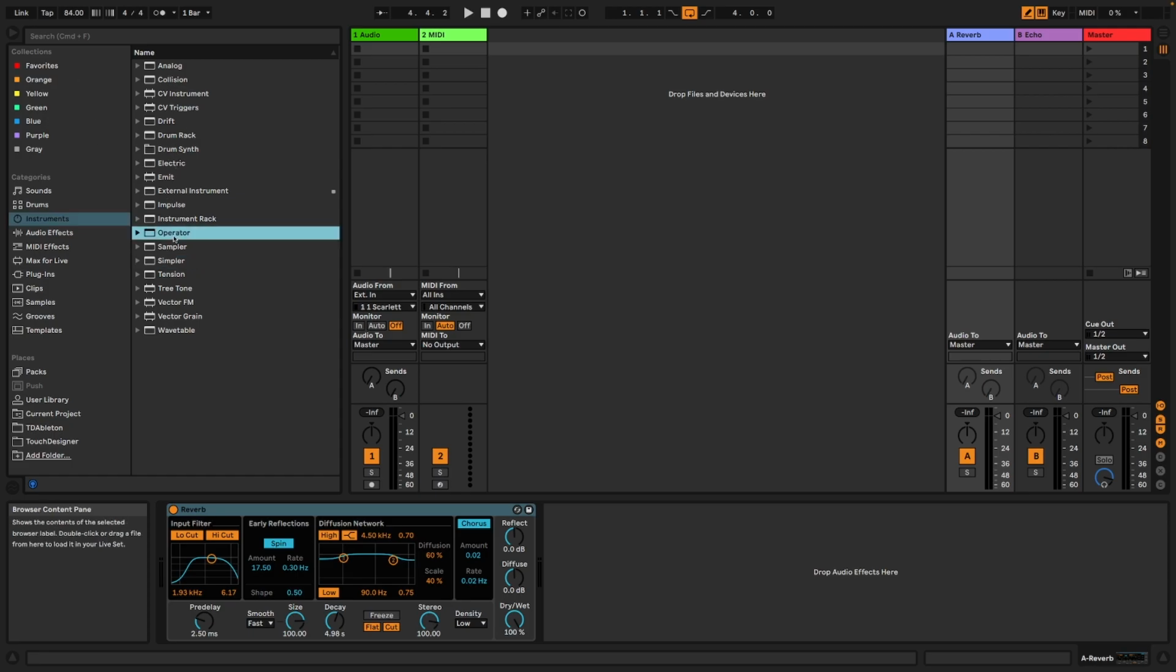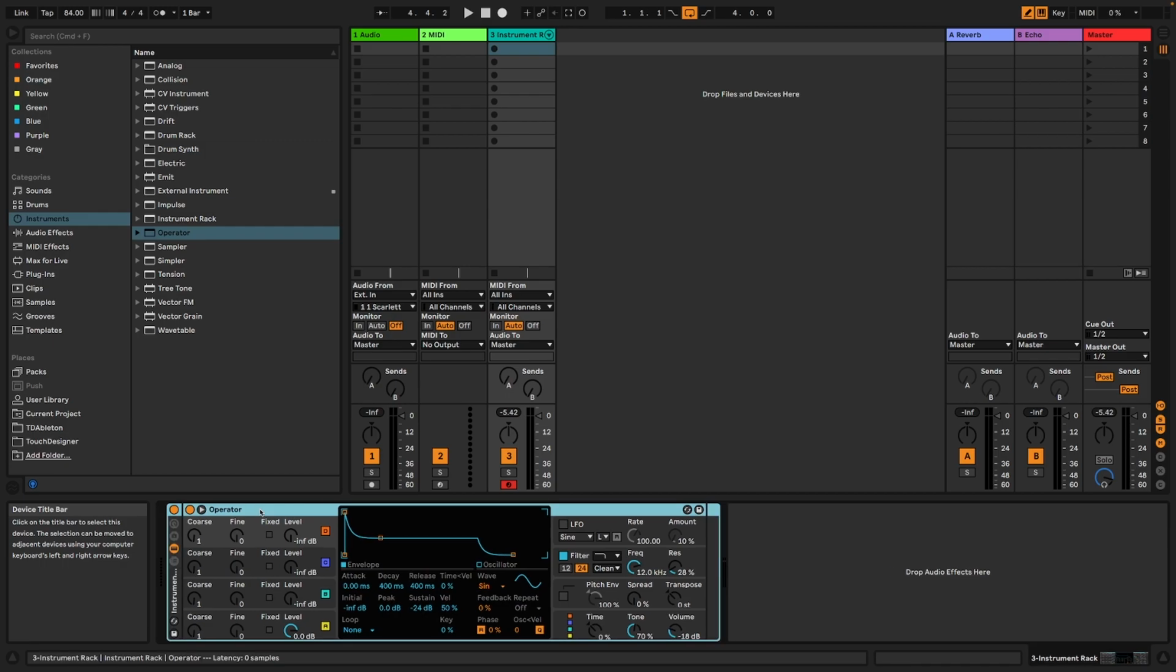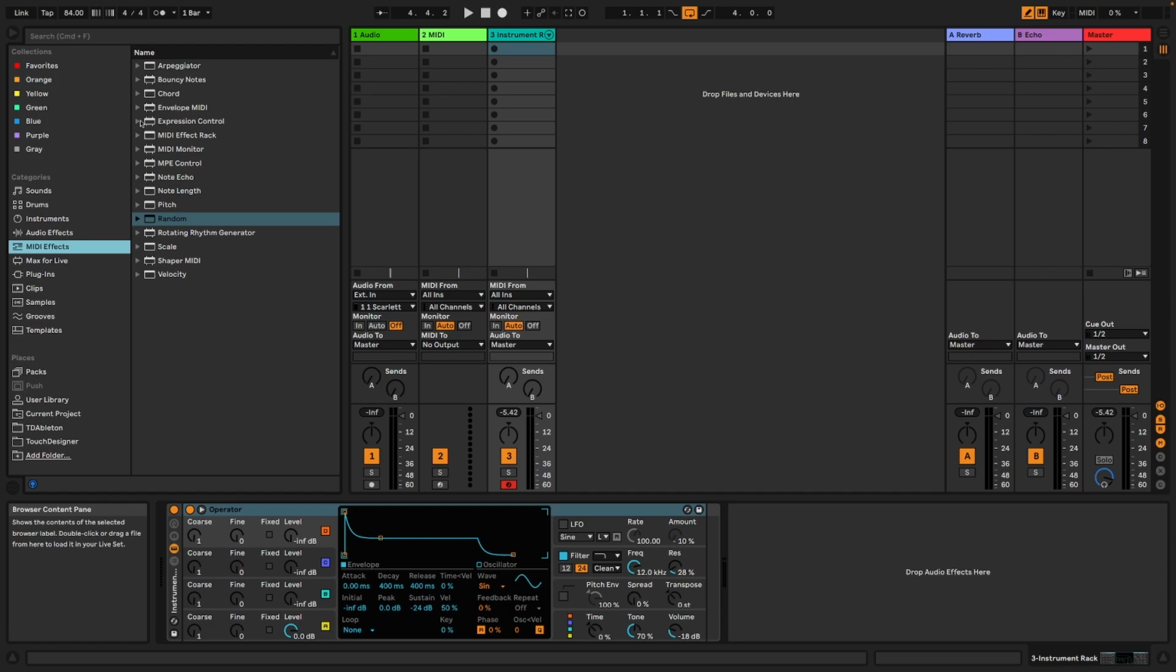But let's just start with Operator as a good starting point. I'm not going to talk about exactly how the Operator works, but it's the built-in FM frequency modulator synthesizer in Ableton. It's just very quick at making a huge variety of sounds. And we're going to do lots of automation. I'm going to put this Operator in a group. So I just selected that and hit Command G. I suppose it's Control G on a PC to put that in a group. And now we are going to